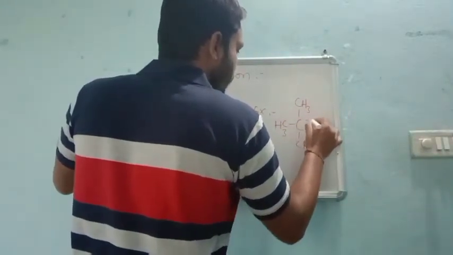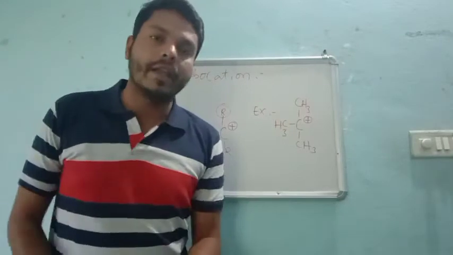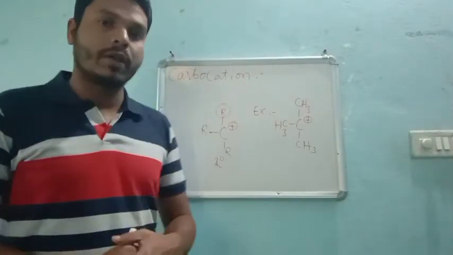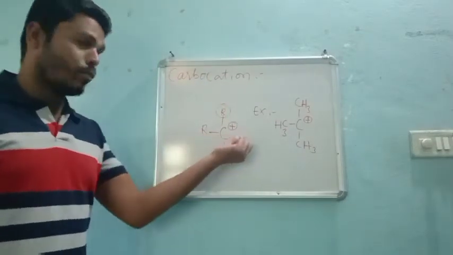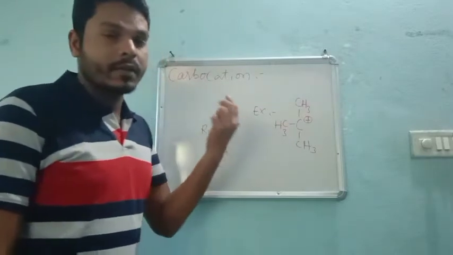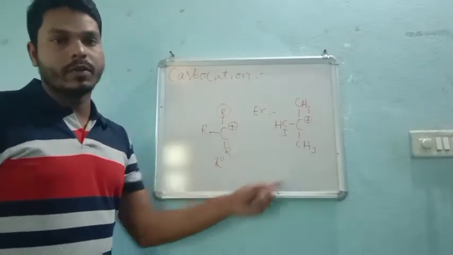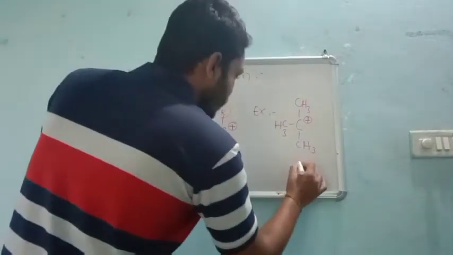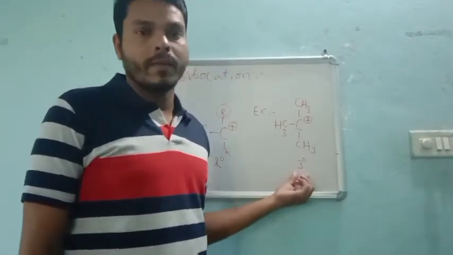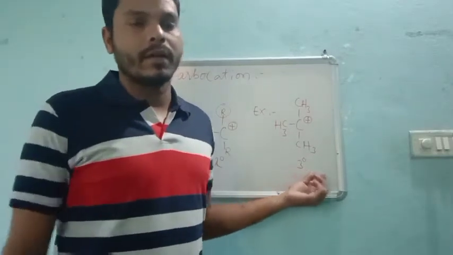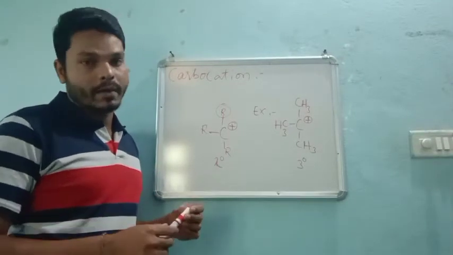CH3 with a positive charge. But here we won't see the quaternary type of carbocations. Why? Because after formation of a carbocation, we lose one bond from the carbon. So that's why there are only three bonds, and we can introduce only three alkyl groups. So that's why we restrict our classification of carbocations up to tertiary only. But in the case of normal carbon, we can extend our classification till the quaternary carbon atom, right?